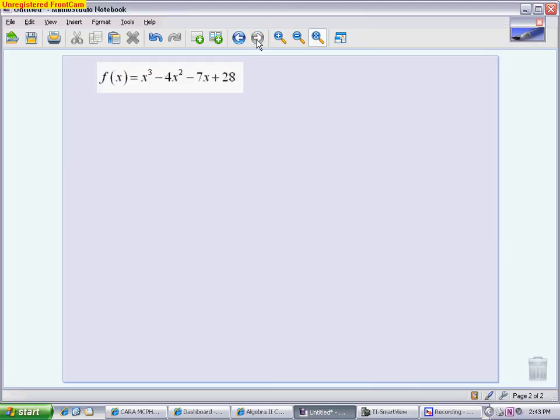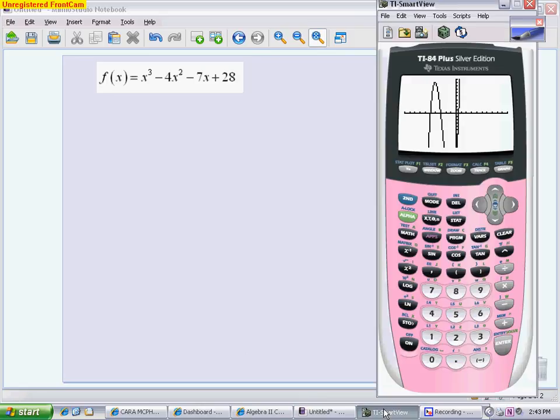The next one is also a cubic, and we're going to be asked to do the exact same thing, so I am going to have to graph it. And this one I don't have ready to go in the graph, so I am going to have to clear out my old one and type it in. So type in your polynomial, and again, make sure you don't mistype anything, because if your picture is not accurate, your entire problem will be thrown off. Hit graph,